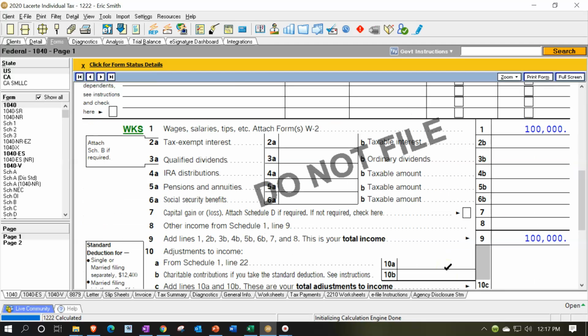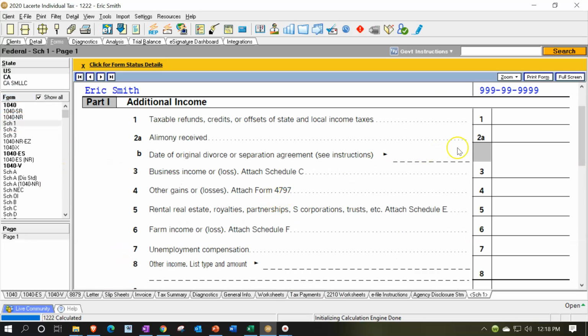And then usually, if you're kind of new to the software or to this process, you're going to say something went wrong because it's a 1099. That means there's income. That means it should be included here. I put it in the proper field. I jump to it. I see where it's supposed to go in the form. It's supposed to go right there. And then I put it into the data input field, and it didn't go right there. Why didn't it go right there?